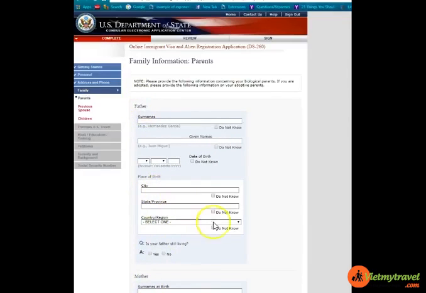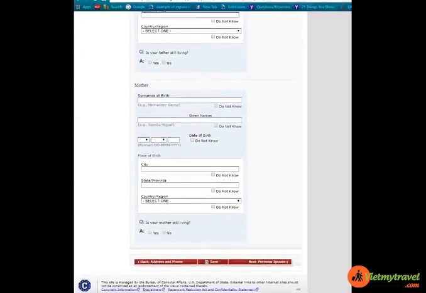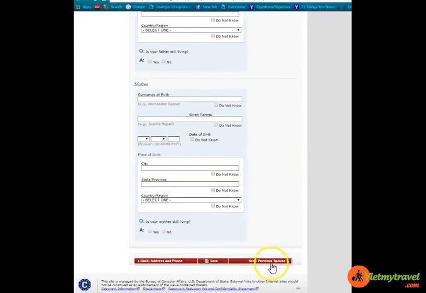They want the place of birth. As you can see, they give you the choice to put "don't know" if you don't know. Okay, but let's say it's a kid, 16, 14 years old, you should know. So we're just gonna fill out information about the father, and then about the mother, and then we're gonna click